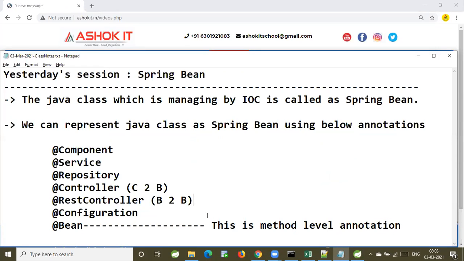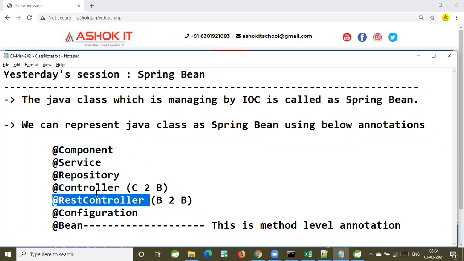For these REST APIs, UI will not be available. The response will be sent directly. But a controller will return the view name, and that view name will be displayed as a web page. Anyhow, forget about that. For now, remember there are two annotations: one is Controller, another one is REST controller, which are part of Spring Web MVC. If you can understand that line, I'm happy, because in the Web MVC module you will get crystal clear clarity on those two annotations.